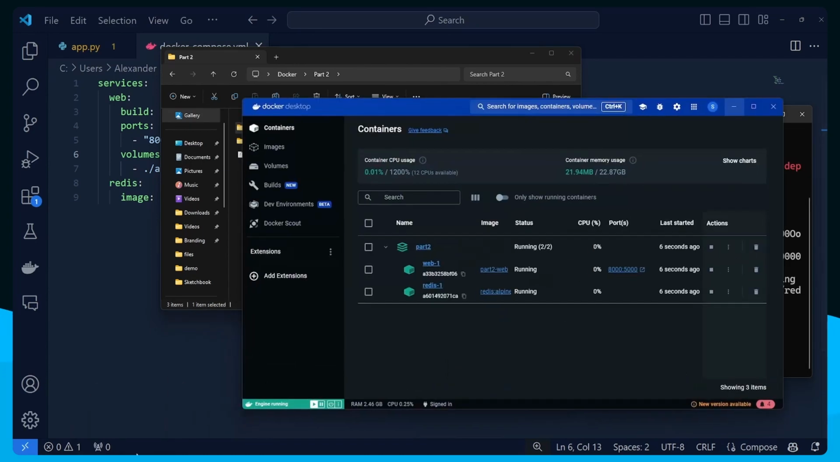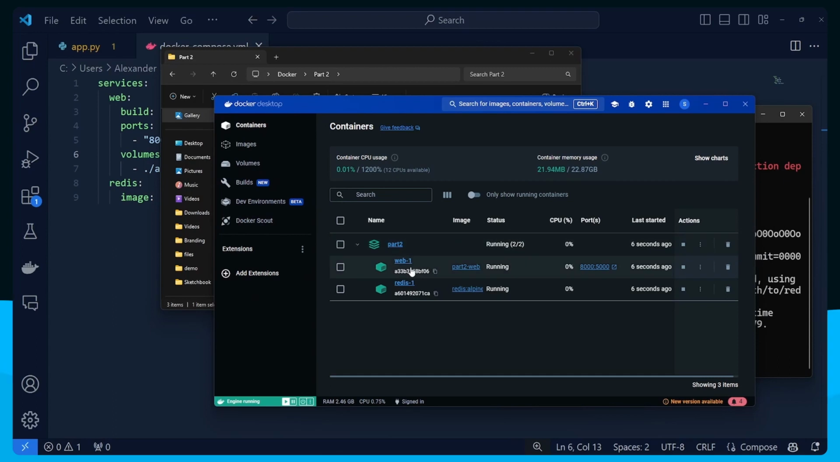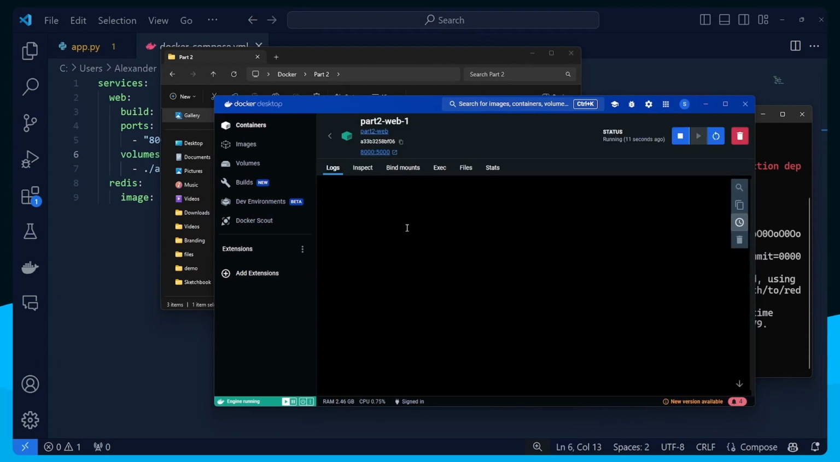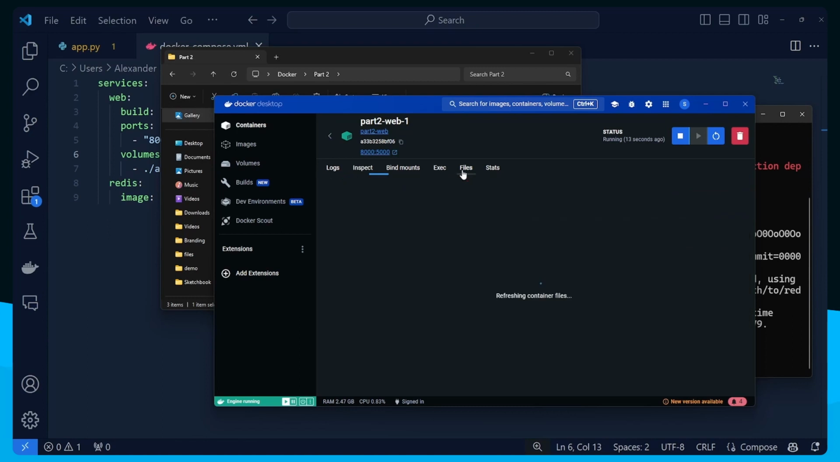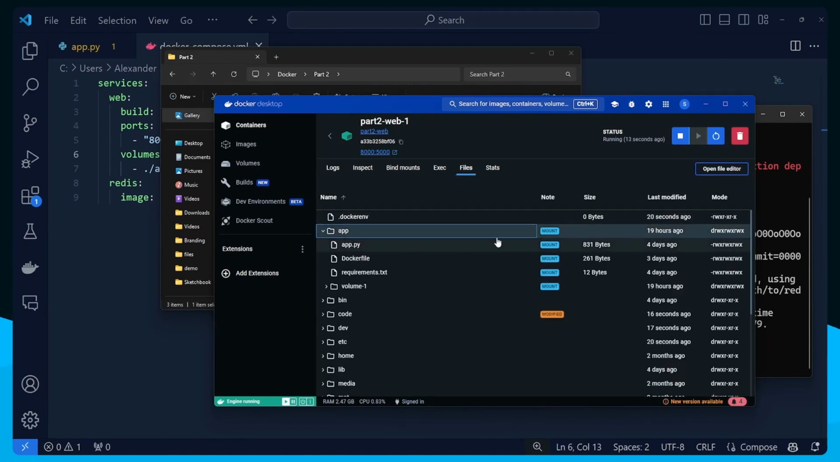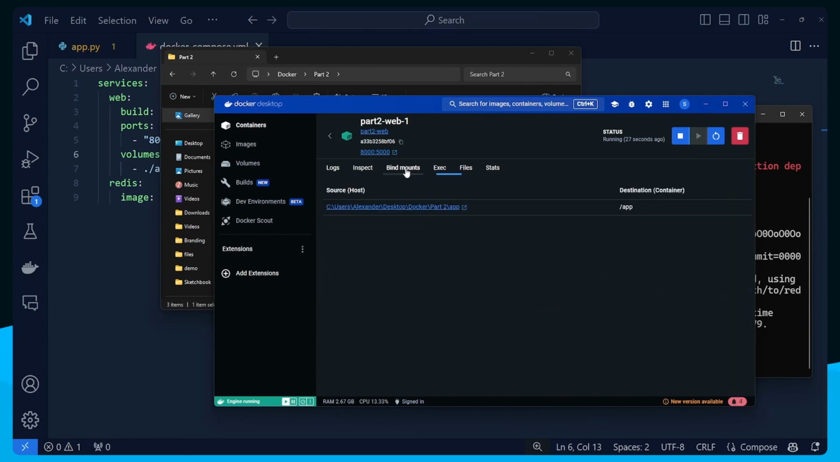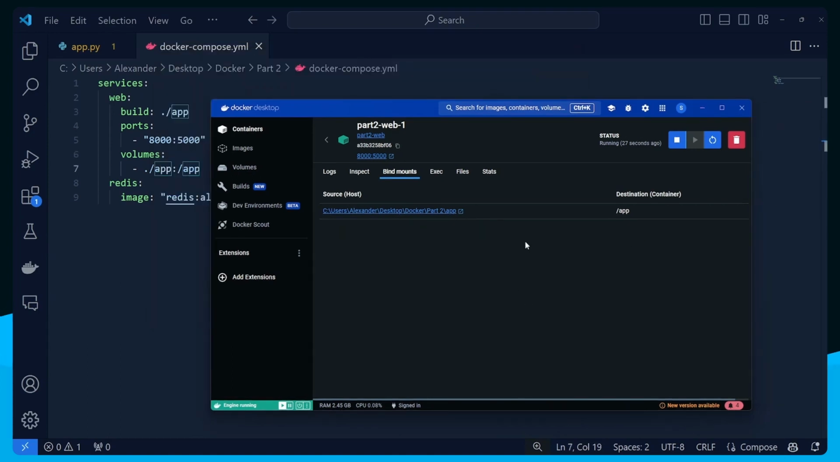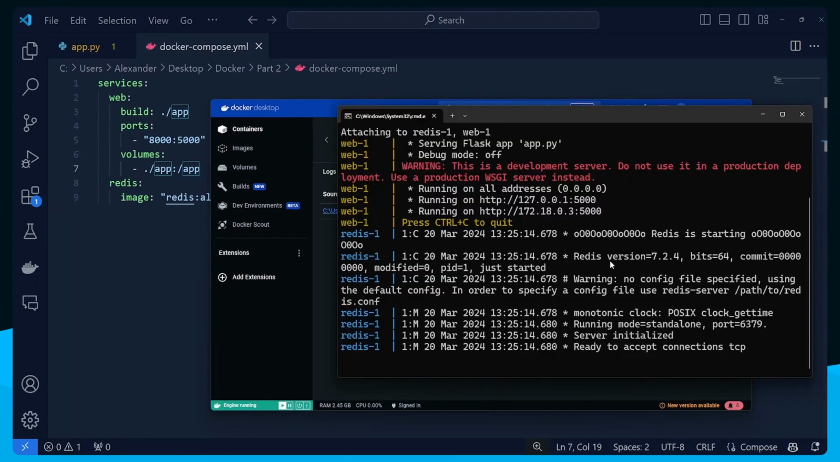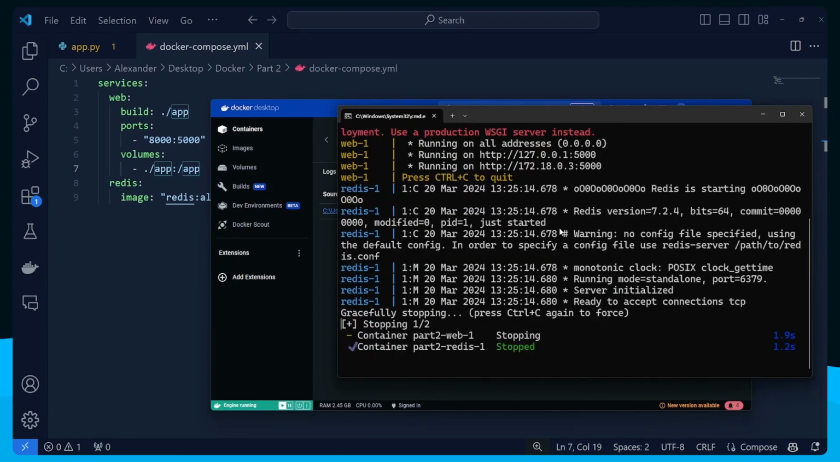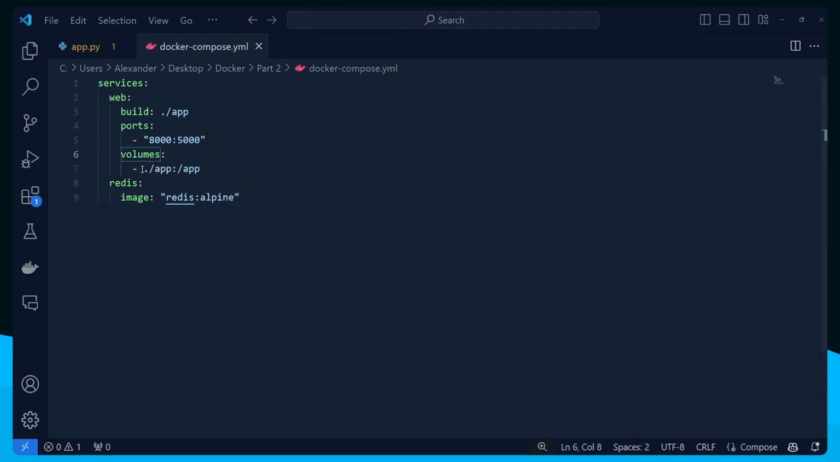So now again, we can go into our Docker Desktop and we can open up our web application here. We can go into files, and then as you can see, our application folder here is essentially bound to our container. Furthermore, if we go into bind mounts, as you can see, we are binding our application folder here to our directory inside of the container. So having that said, let's go ahead and stop our containers